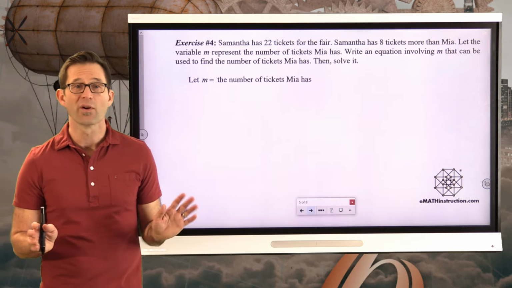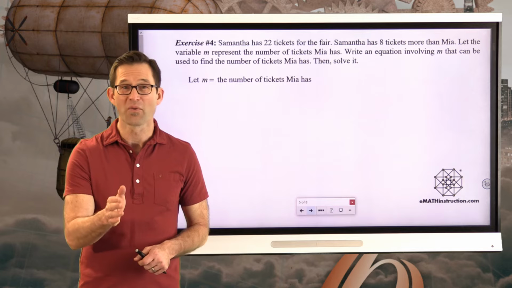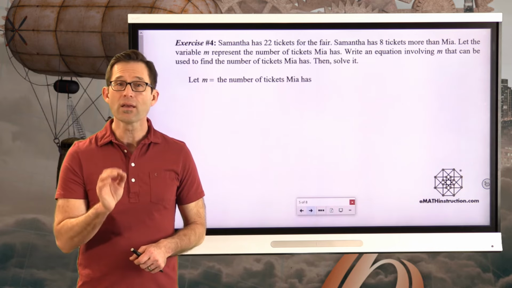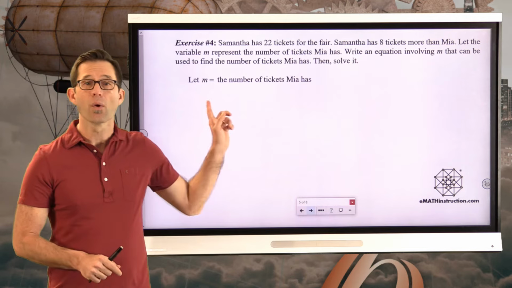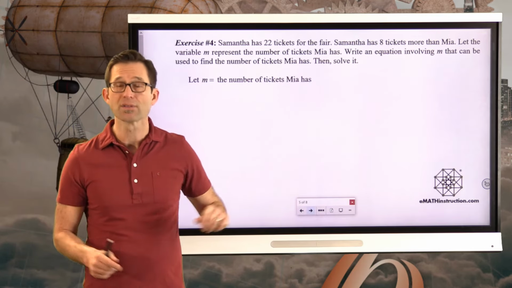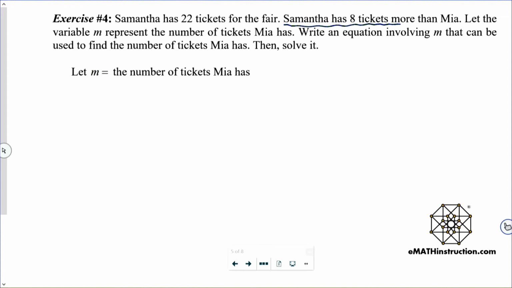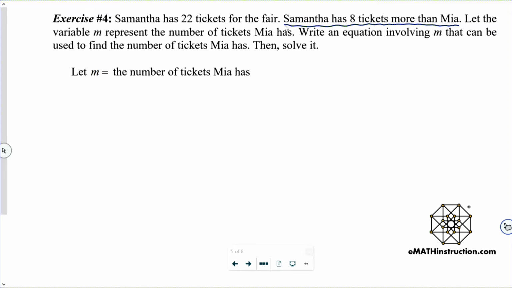Now, let's be very clear, okay? You don't need algebra to solve this problem. You just need to be able to read carefully. But let's take a look at how the algebraic modeling process works, right? So m is the number of tickets Mia has. We know that. We also know that Samantha has 8 tickets more than Mia. We know that, right? So that means that m plus 8 must equal